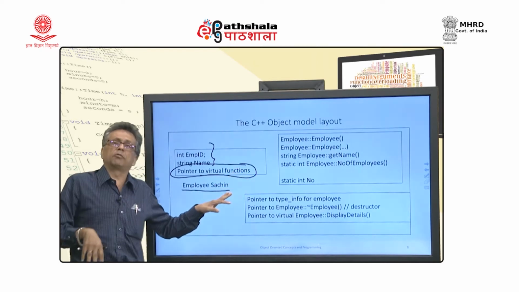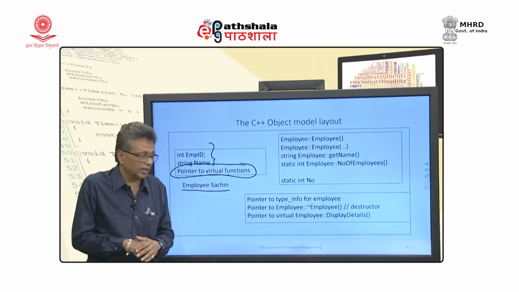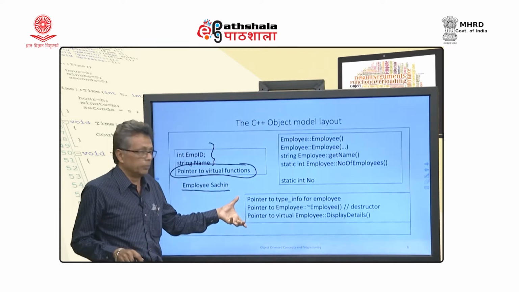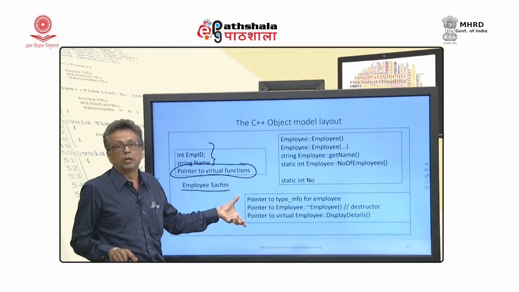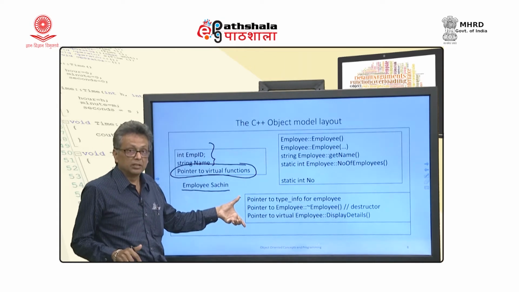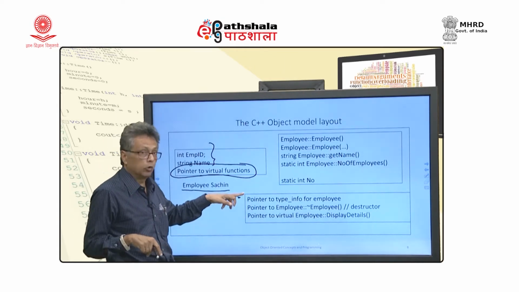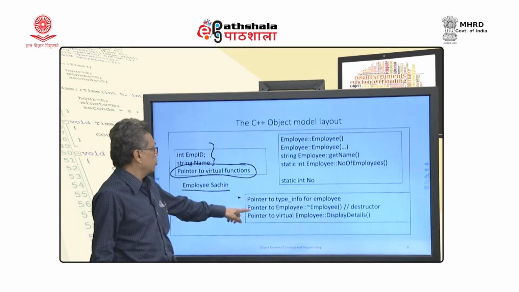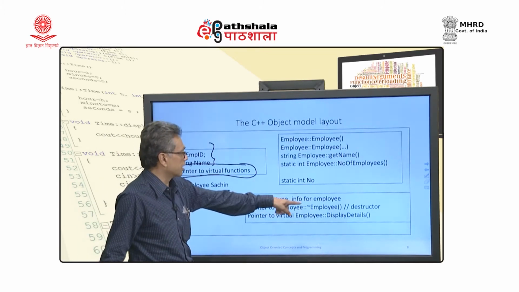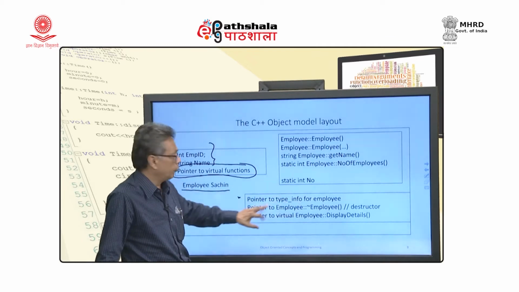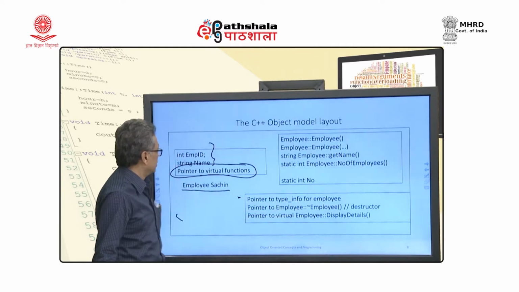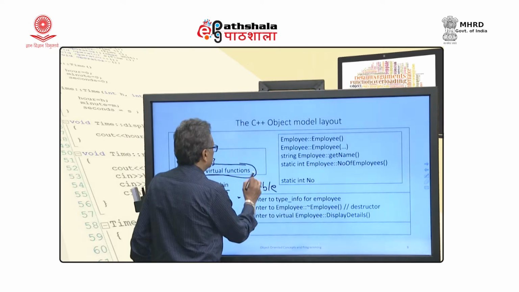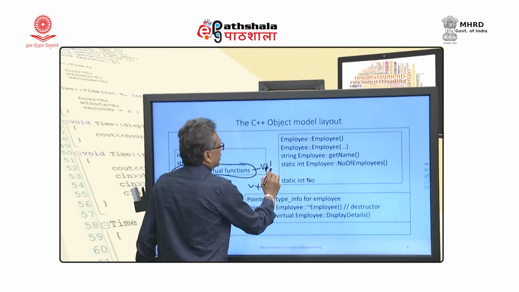But whenever there is a virtual function part of a class, every object will contain this pointer, and it will point to a table containing all virtual functions as well as something called type info object, which we have looked at when we studied RTTI. Okay. So, there are two virtual functions, one is a destructor, the other one is display details. For both of them, I have this thing, but remember this is vtable and this is VPTR that we talked about.